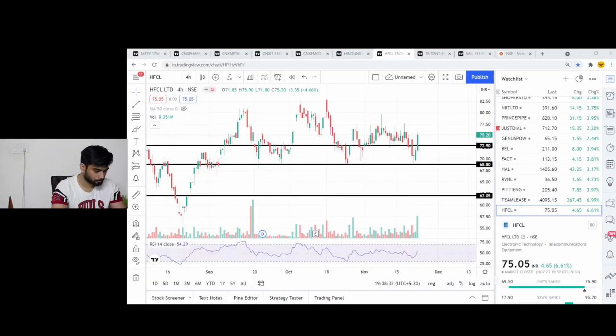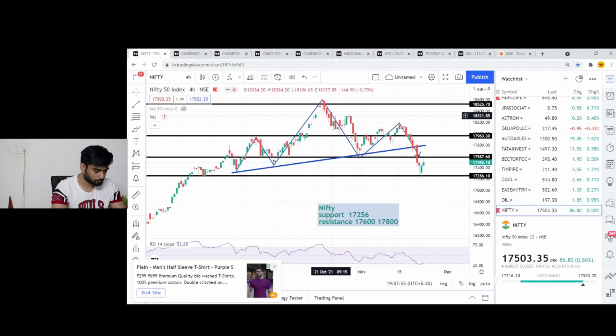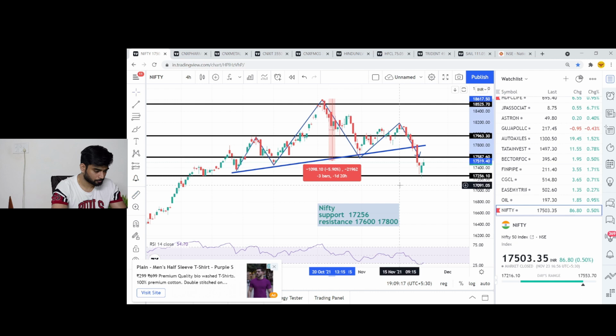Yesterday when we were discussing the Nifty, we had seen there is a great pattern which we had spotted, which was a head and shoulder pattern basically, which is considered to be a bearish pattern. Yesterday I clearly told you that whenever there is a head and shoulder pattern, it is probably a bearish pattern, and we have to decide the target based on the size of the head. As you can see in this video in particular, the head of the pattern is almost 6%,